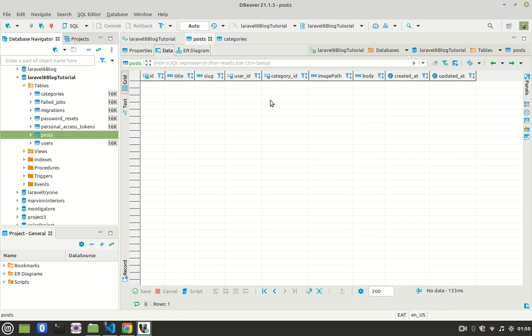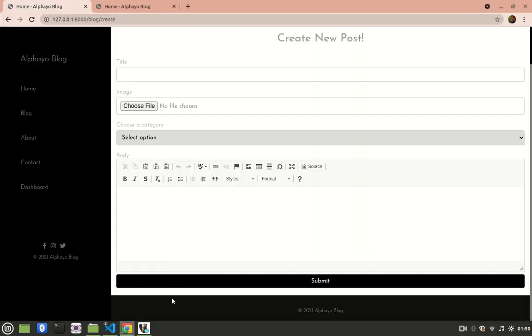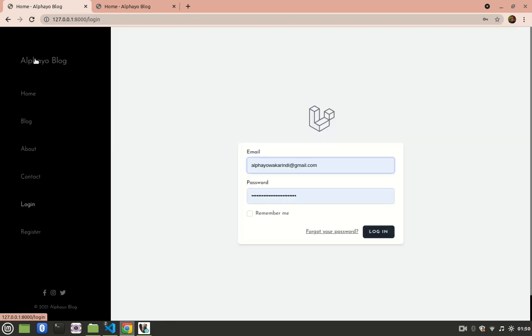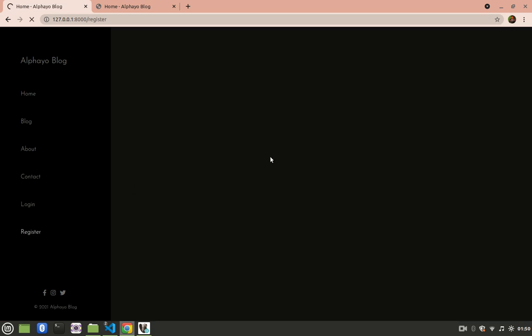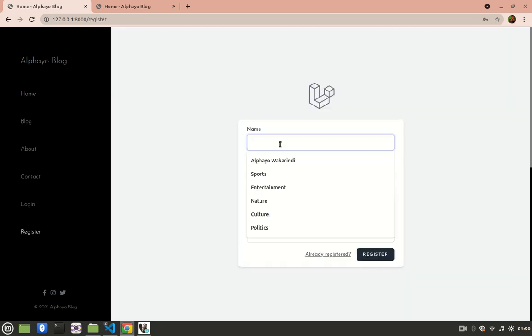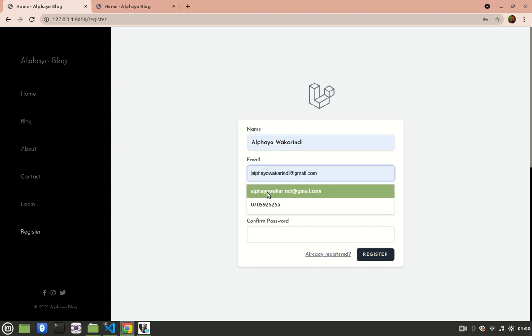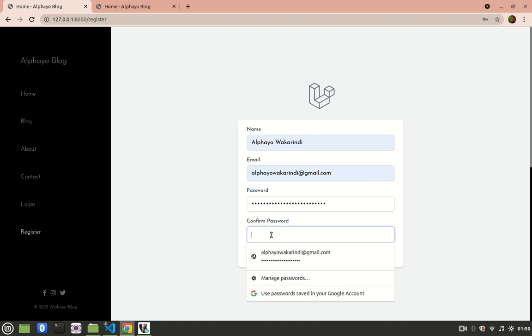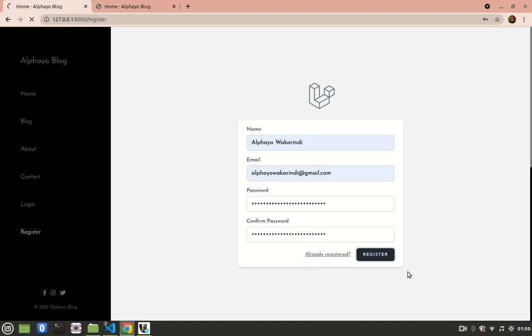So when we are creating a post, we need to attach it to a category ID, and it should be in this table. So I'll come here, go to my project, refresh, and now we are logged out because we dropped all the tables, so we don't have a user in the database. We need to register again. So I'll come here, then I'm going to register again, and I'll use the same credentials, then register,